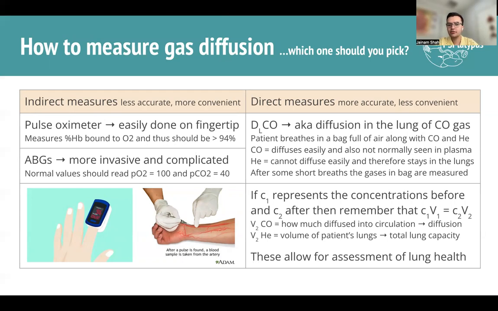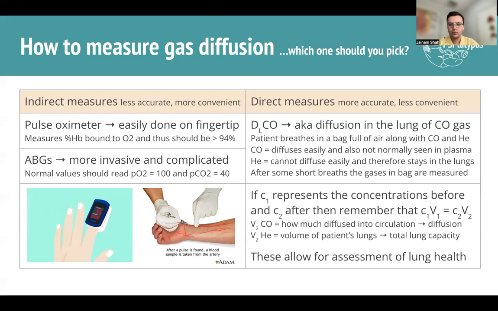C1V1 equals C2V2. So C meaning concentrations, V meaning volumes, and 1 representing what you had before, 2 representing what you now have. If I calculate V2 for carbon monoxide, so whatever volume is left within the bag after they've breathed it in as much as they could, and if you reverse calculate that, you will figure out how much diffused into the circulation. So that shows you the ability for diffusion to occur,